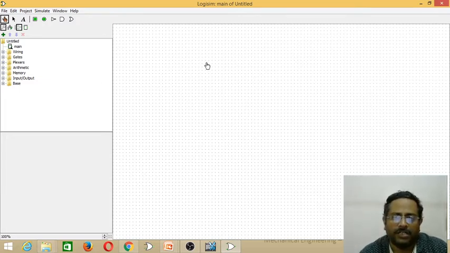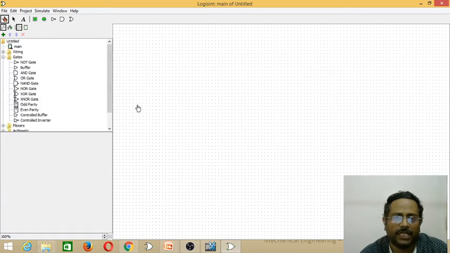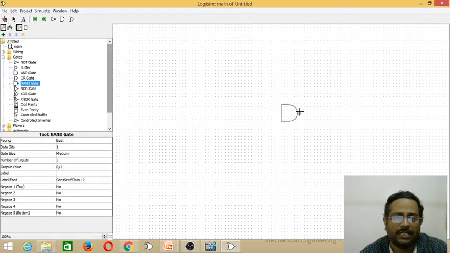First, I will construct the LHS by selecting a suitable gate, that is the NAND gate. For that, we go to the explorer pane, and in the gates folder we have the NAND gate. Click on that and place it on the canvas window.